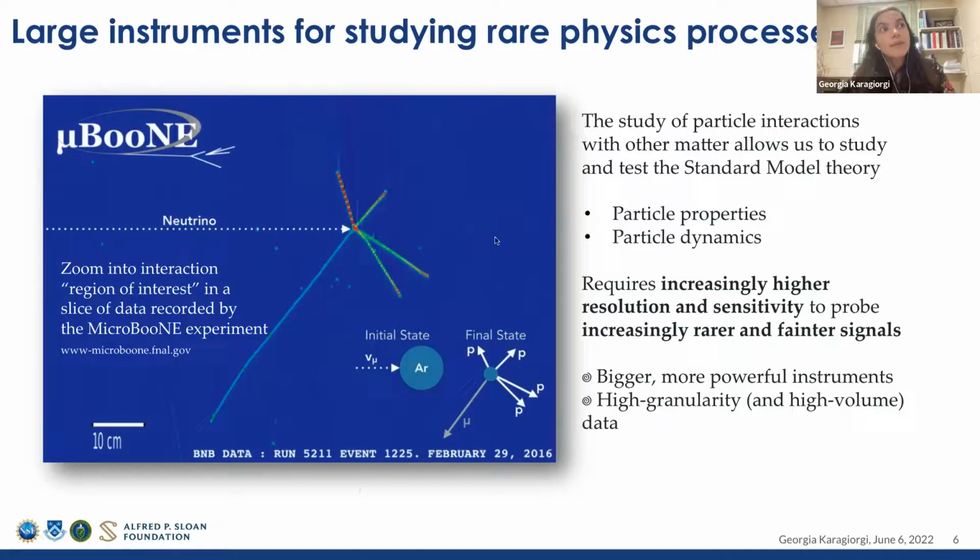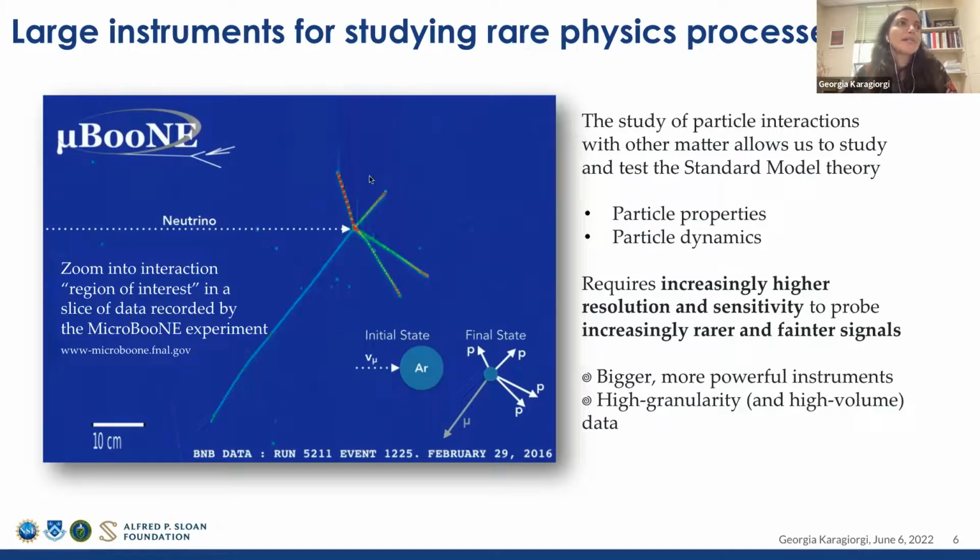So these types of measurements of individual particle interactions are now very, very commonplace in particle physics. And studying the aftermath of such energetic collisions is how we can study and test the Standard Model theory to very, very high precision, as far as statistics and systematic uncertainties allow us. And through that, we can better understand particle properties, particle dynamics, and underlying symmetries in nature.